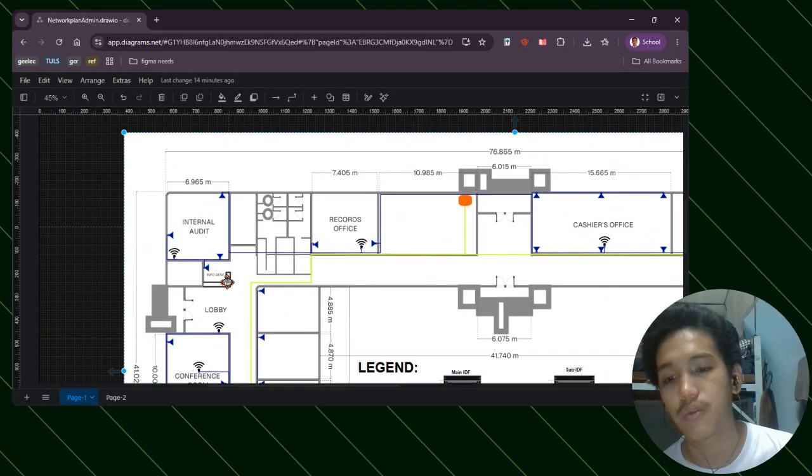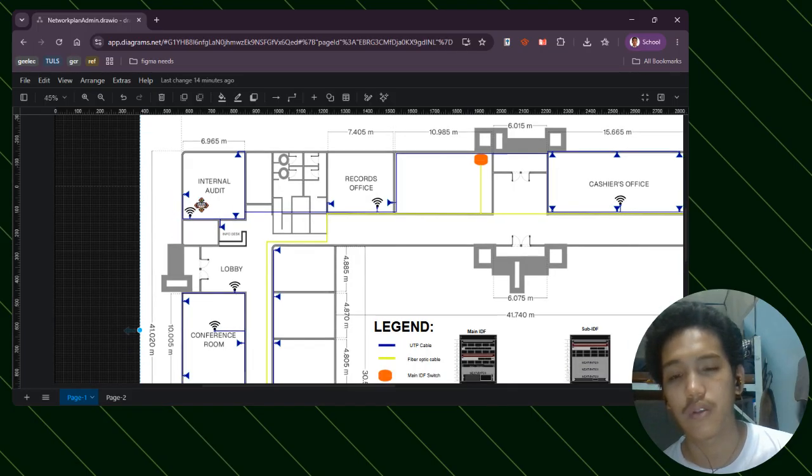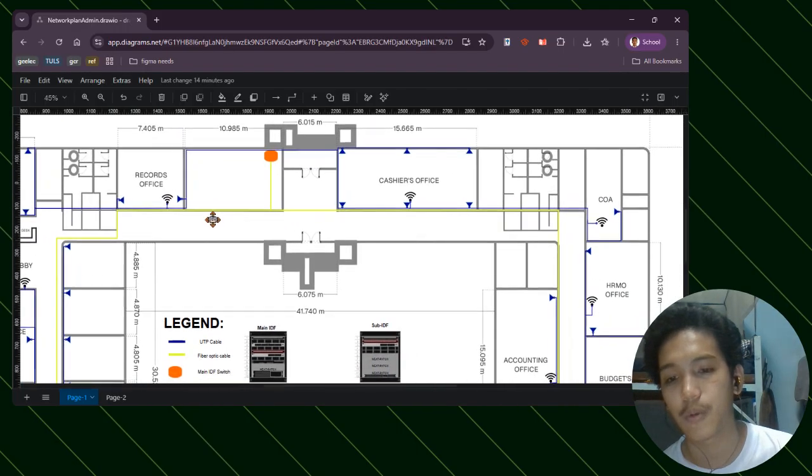A data node for the info desk, three data nodes for the internal audit, and a wireless access point right below the bottom left side of this room. In the record office, it has two data nodes and a single wireless access point.